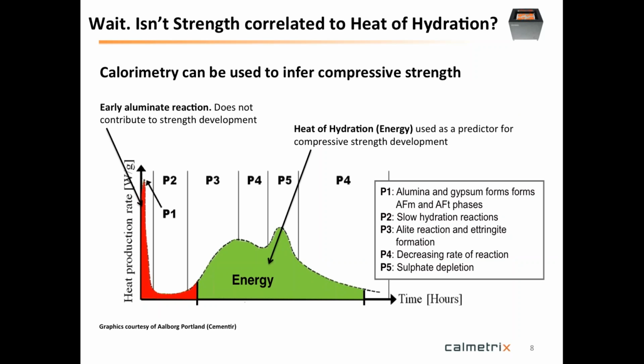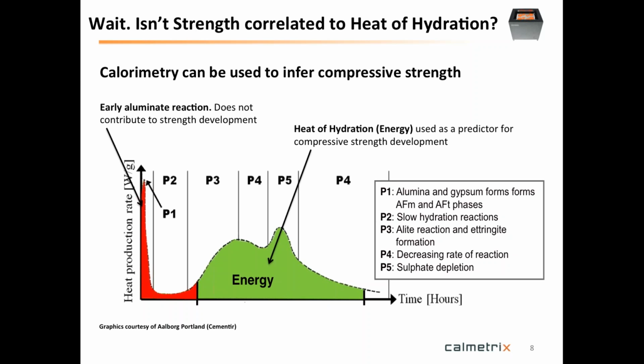Well, the easiest way to approach this is to show that there's a correlation between heat of hydration in joules per gram of cement and compressive strength. And this is not something new at all. This has been known for a while and pretty much proven by countless studies and people that have looked into this. And the way you do this, you look at the calorimetry curve, and the curve you see here